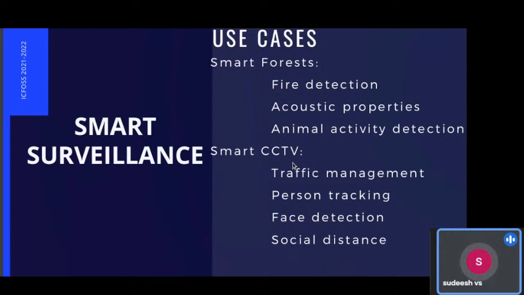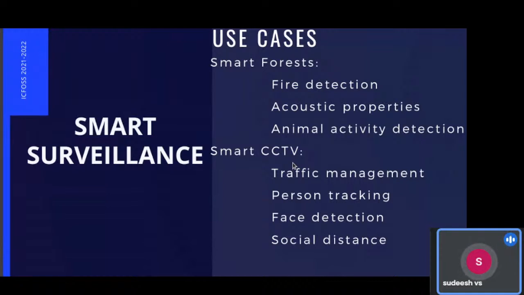In fire detection, we already know, not in India but in outside countries, most fire detection is done by this analytics. Also, the activity properties are mainly for finding tree cutting and some other human activity in forest areas. Also, animal activity detection is for animals like an elephant coming towards people's sides. That's another one of the three use cases listed.